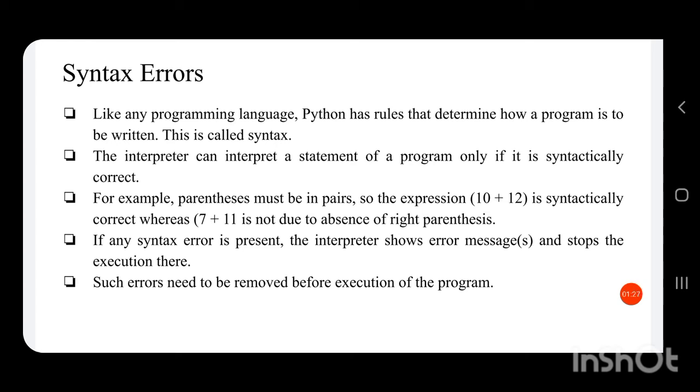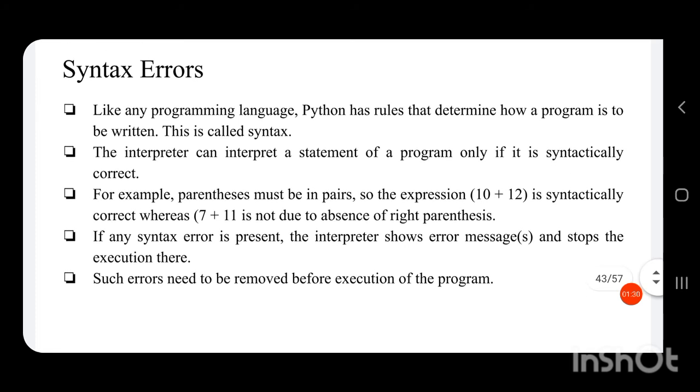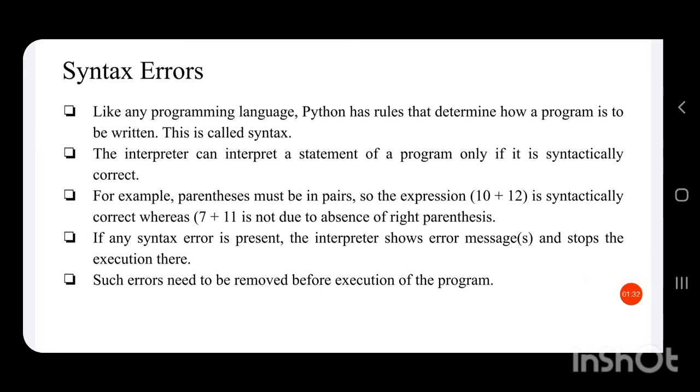For example, parentheses must be in pairs. That is, if we open a parenthesis, there should be a closing parenthesis. So here 10 plus 12 is syntactically correct, isn't it? Whereas in 7 plus 11, there is an opening parenthesis but no closing parenthesis.